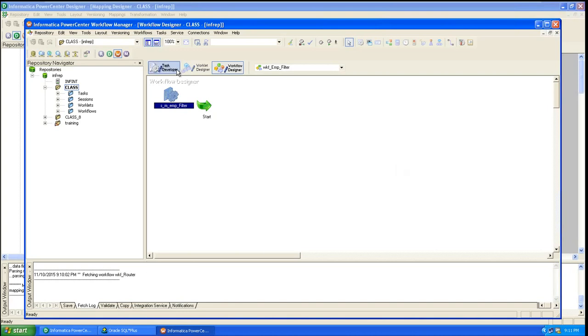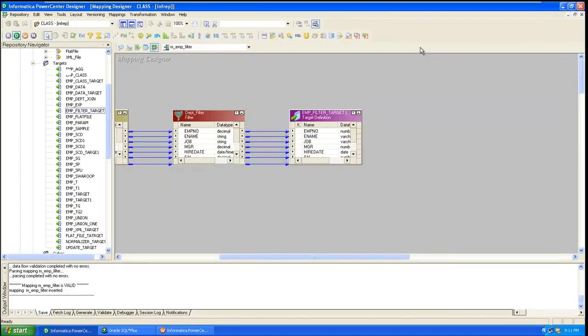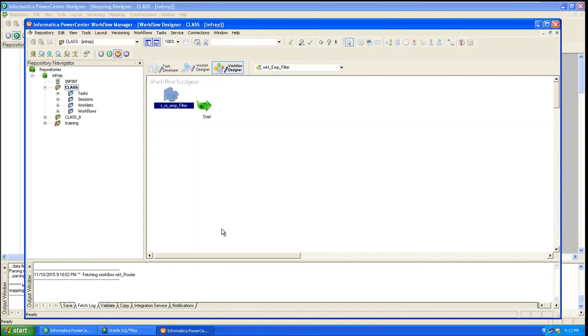Sir, actually the screen is getting short. The mapping name is M underscore EMP filter. You have to select that particular mapping. You have selected another mapping, M underscore filter EMP target.